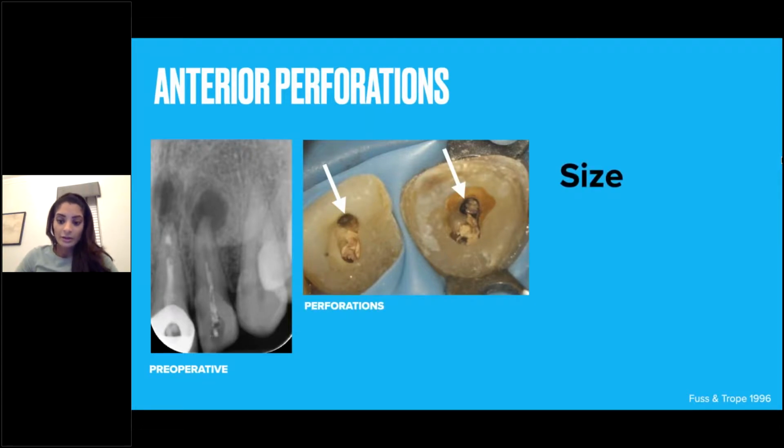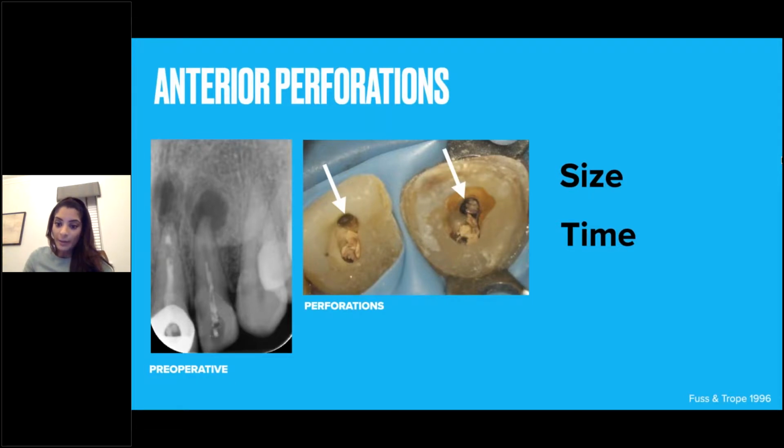So with perforations, when you're looking at how restorable they are and what sort of prognosis that perforation repair is going to have, you need to have a look firstly at the size of the perforation. Smaller perforations have a much better success rate because we have less inflammation and less damage to the tissue compared to larger perforations. The time also matters. If a perforation has occurred very recently and you mend it straight away, you've got a much better success rate than if it's been left for a long period of time. And the main reason for that is because